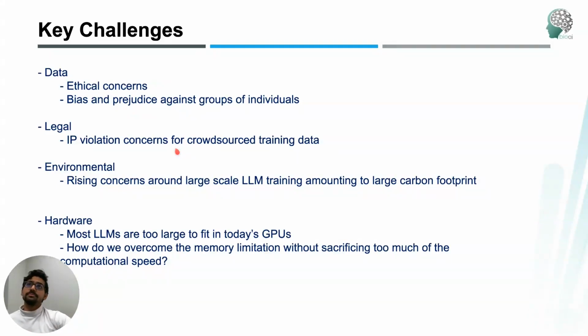There are legal concerns. A good example for this one is the case of DALL-E. DALL-E was trained on publicly available images created by lots of different artists from all across the world, and also from sites such as DeviantArt, Shutterstock, and Unsplash, multiple sites. So there was a similar case there as well, similar to GitHub Copilot, where the artists didn't really want